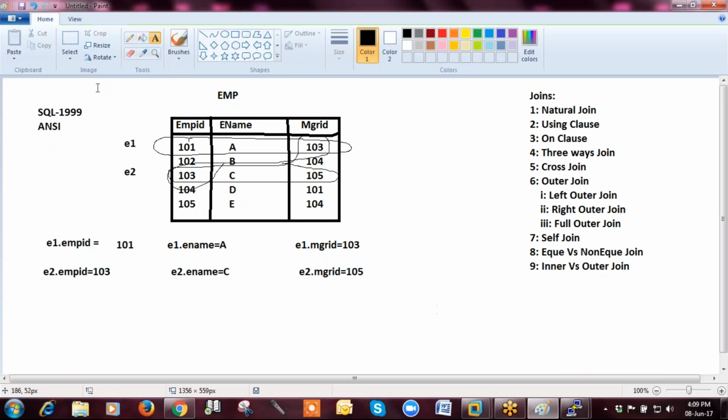So what is common between these two? You have to create a joining criteria where E1 dot manager ID is equal to E2 dot employee ID.